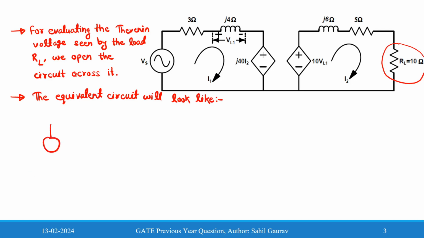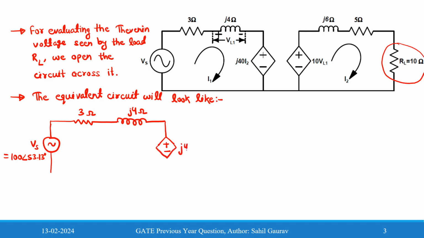We have the source voltage Vs, and the value is given as 100 at the angle of 53.13 degree volt, and a resistance of 3 ohm, then a reactance of J4 ohm, and then we have a current dependent voltage source. This value is J40 I2,